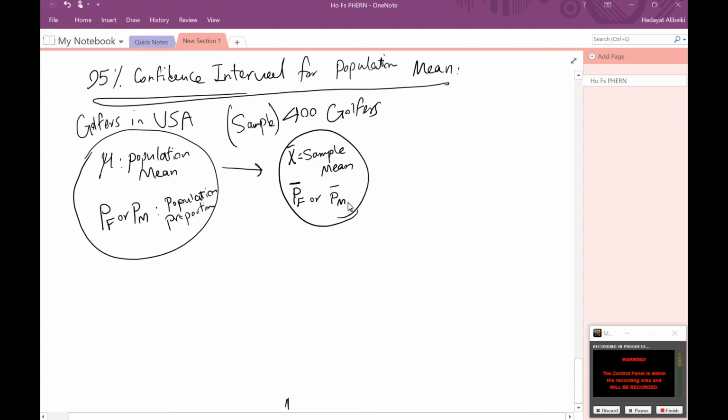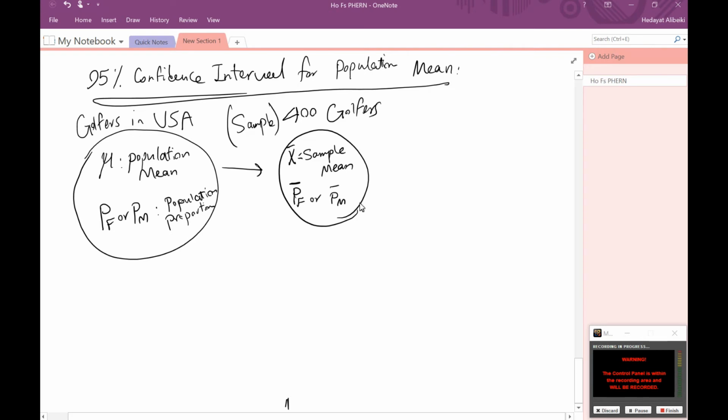So it's very important not to get these confused. This P stands for proportion of female, proportion of male. Later on, when doing hypothesis testing, we have a p-value. That one is probability value. So this is proportion, the other one is probability. Don't get this too confused. So now